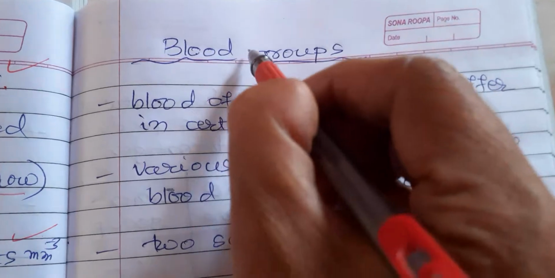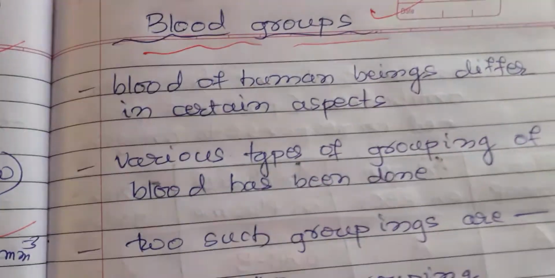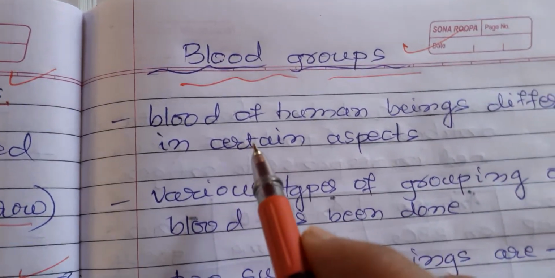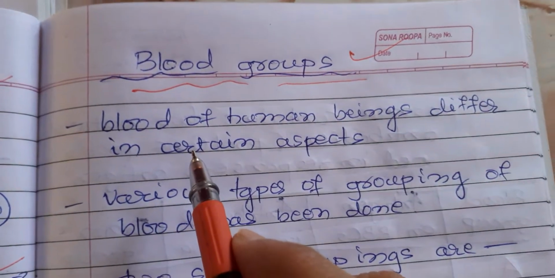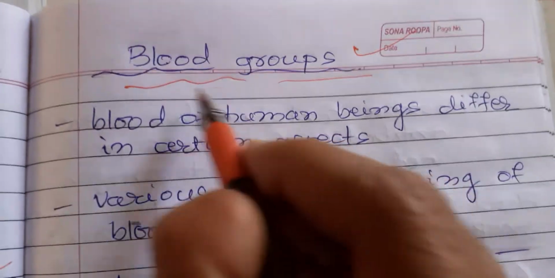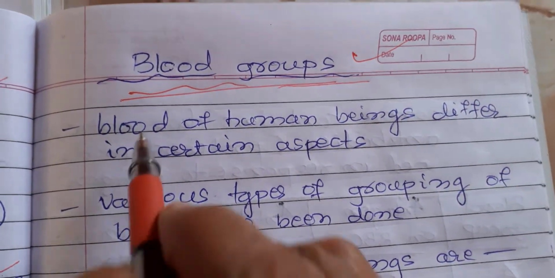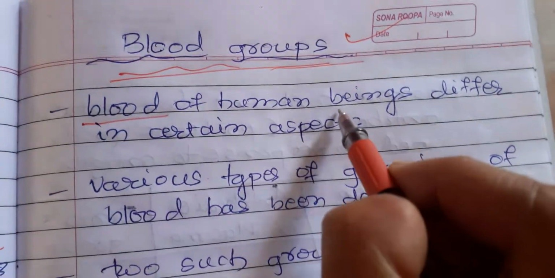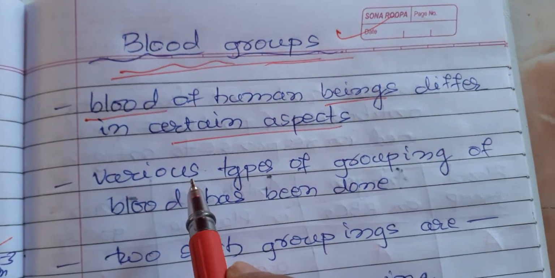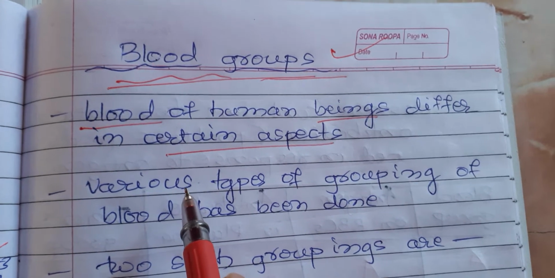Today we will discuss blood groups. As you all know, there are different types of blood groups in us. So let us study and learn more about these blood groups. You see, the blood of human beings differs in certain aspects. Though the blood looks similar, there are differences